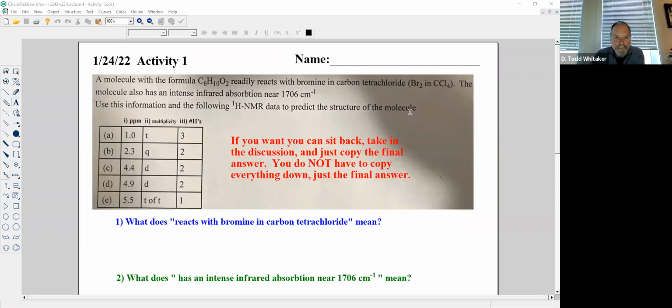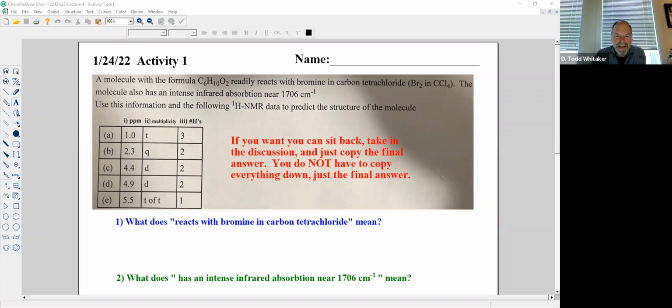So remember, we're always given 3 pieces of information for proton NMR data, and I will interpret it as follows. 1, where is the peak? That's how many ppm. Reminder, you have to use the chart. I don't have the chart handy. I could get it handy. I will. And 2,